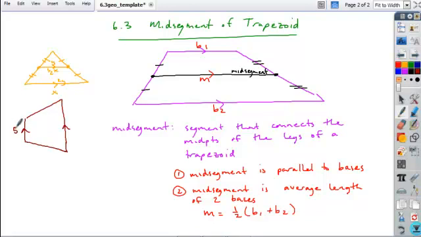Okay, so if I had given you this information and I want you to find this midsegment, that's as simple as it can get. What would x have to be? It's the average of the bases, so 5 plus 11, divide by 2 gives you 16 halves, or